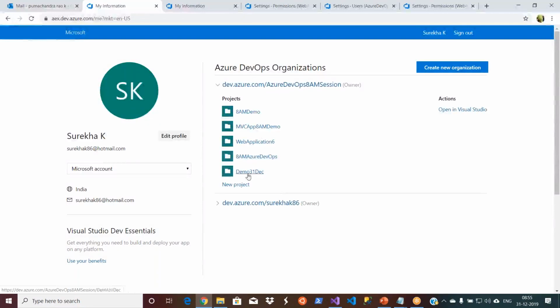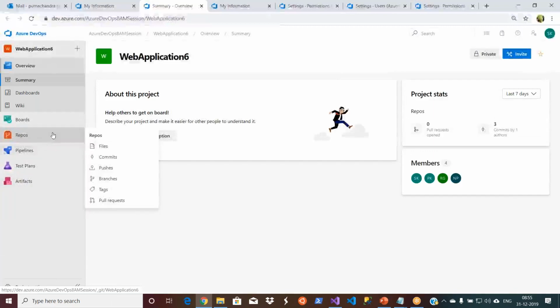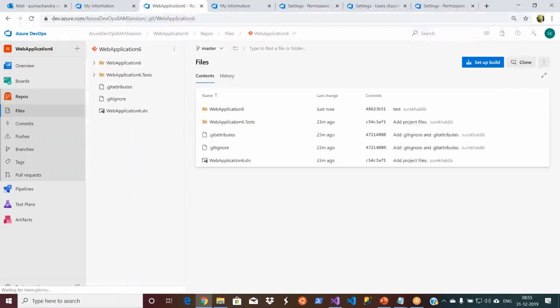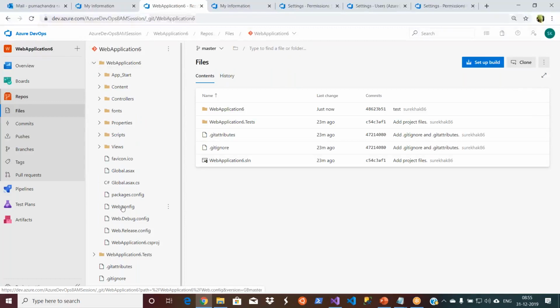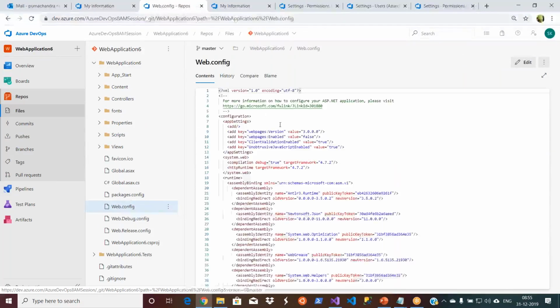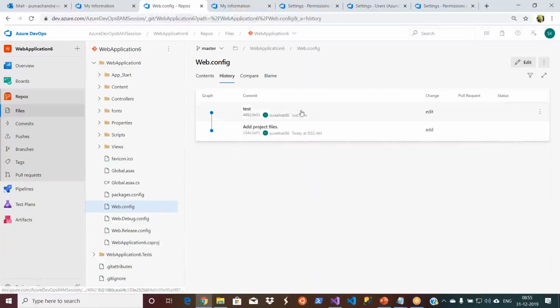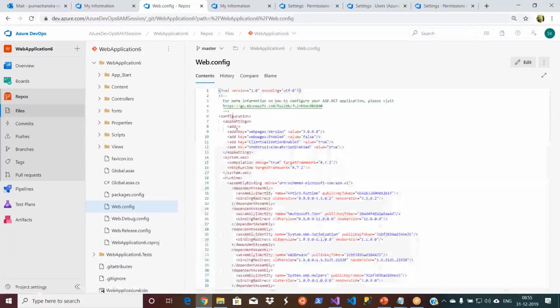Go to my web application 6, and then go to repos and then files. Let's go to our web config. I have added a key, just an add, and you can see the history as well that is available. I just edited it, and you see that change here, the first one. So this is the one.